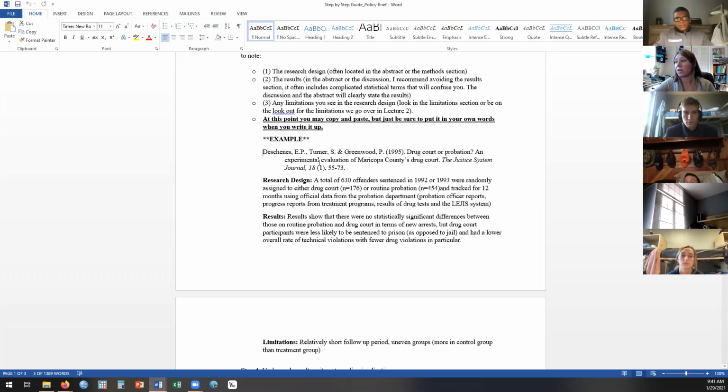Okay, so you can either put the full citation up here or just the in-text citation, like you could do Deschen et al. 1995. Et al. just means and colleagues. I always do the full citation because I can just copy and paste it into my reference section later. Either way, you just need to be able to notate which study you're talking about and make sure you include the year, because especially since you guys are dealing with one topic, it's not uncommon to have the same authors writing on the same topic over and over. So you want to notate the year so you know which study you're talking about.